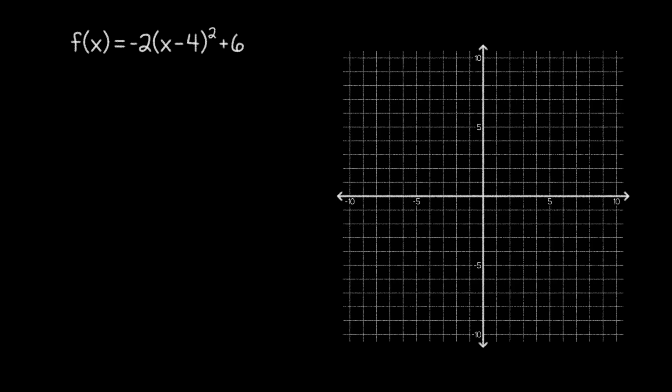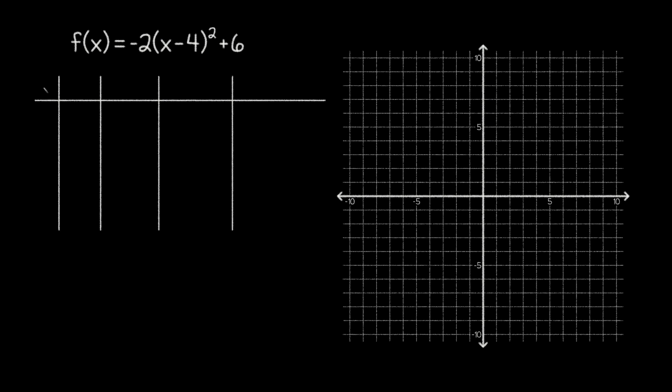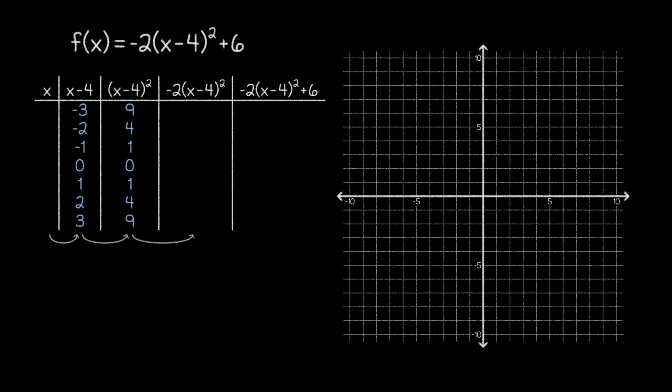To start that process, let's make an extended table of values for this function and label the columns appropriately. Then, we'll fill in our key values and their squares, but we'll stop filling in the table there for a moment. Instead, we'll label the transitions from one column to the next with the operation that's occurring. Looking to the left of our key values, we can see that we're subtracting 4 from our first column to our second column. This means that we're adding 4 as we go the other way.